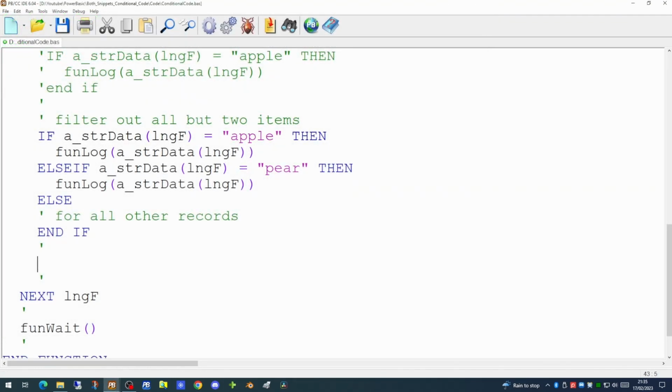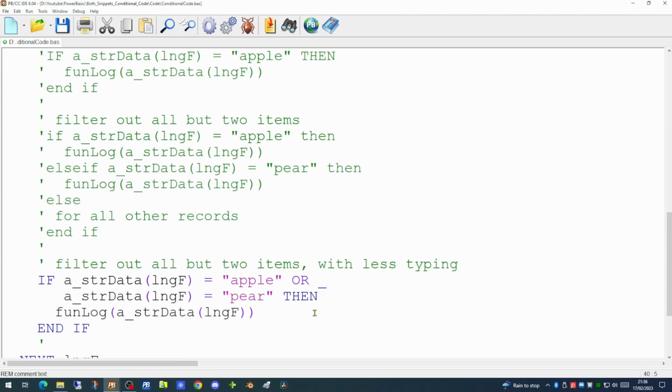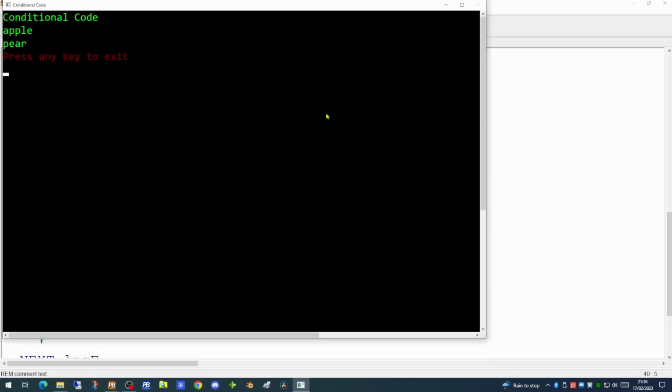However, if you have a number of elements you wish to test on, this can be quite a laborious way of typing it up. So, is there another way of doing it with less typing? The method we've just used works fine if you're doing a different thing for apple than you're doing for pear. However, if you're doing exactly the same thing for both of them, this construct will work just as well, but will involve less typing, and it will look cleaner. We're testing to see if the value equals apple, or we're testing to see if it equals pear. So we're using the OR command to check both. If we run the code now, we will see that it returns the 2 values we would expect to see.